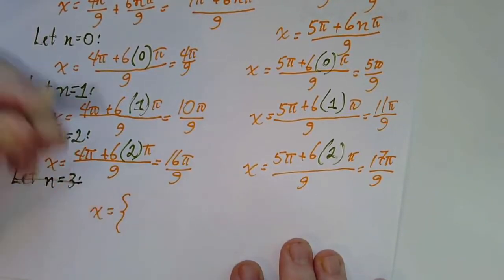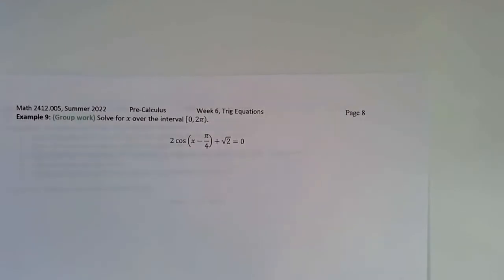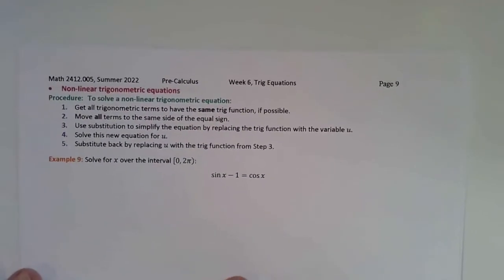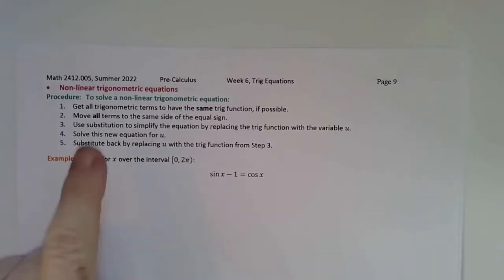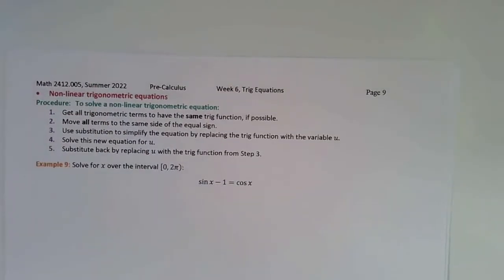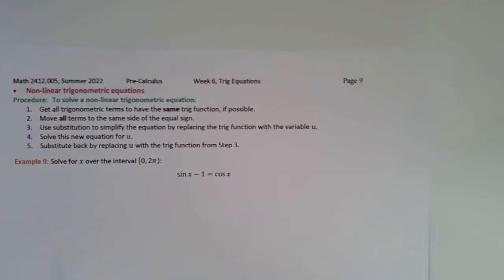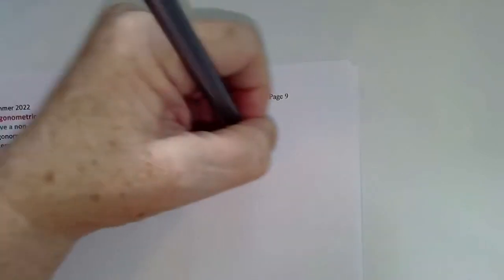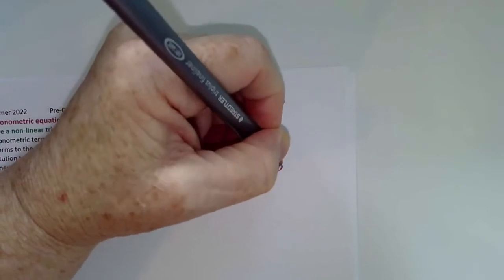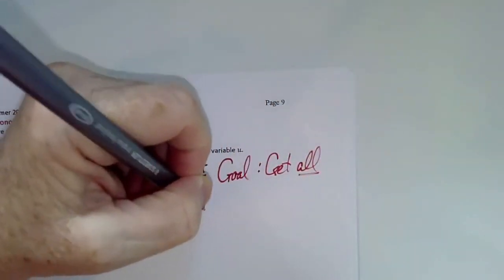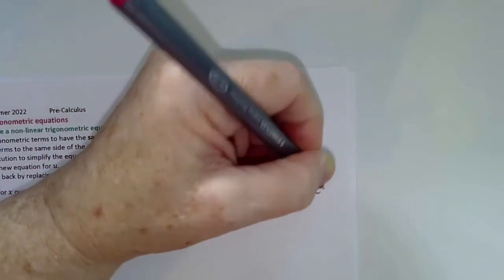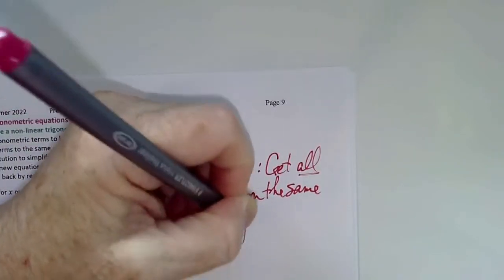X is equal to... this is the most enjoyable part, nonlinear trigonometric equations. So in general, when you have something that is not linear, the first goal is to get all terms on the same side of the equal sign,